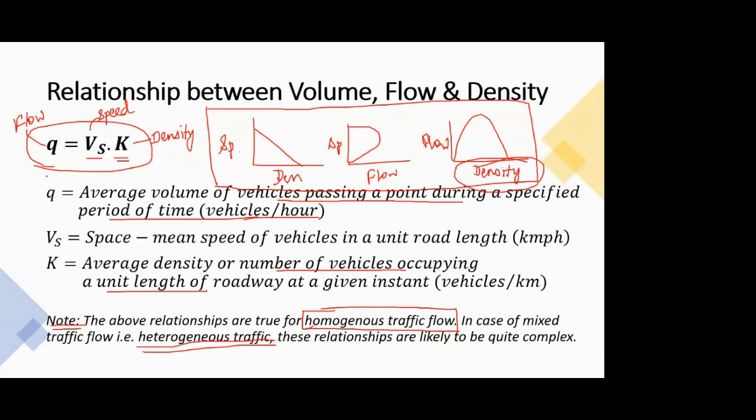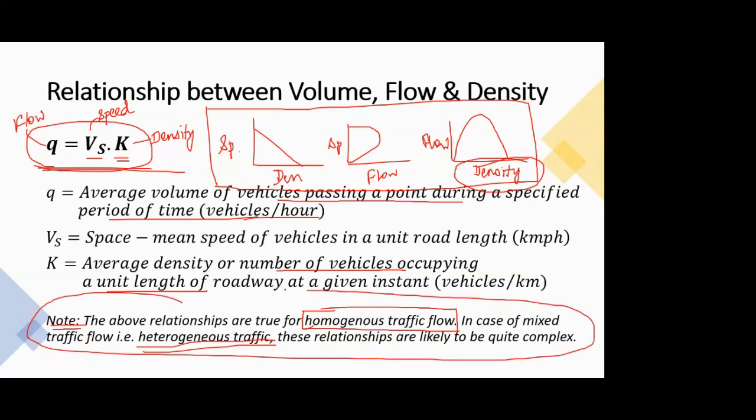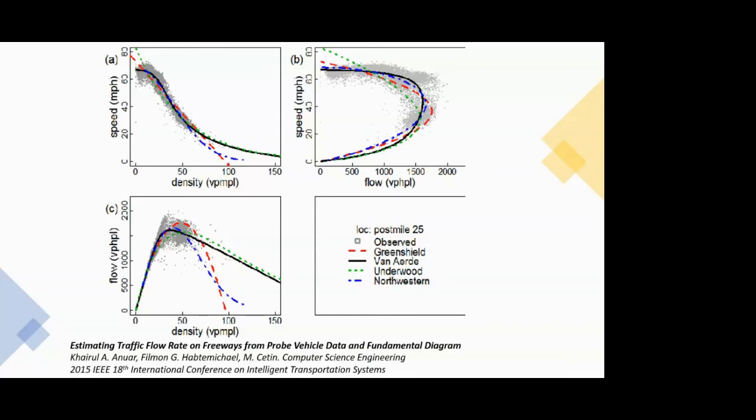Okay. So that's why this relationship over here comes in handy: if you know the flow and speed values, you can find the density values. But now what to do about this? I told you that most of these equations or these curves hold true if you have homogeneous traffic. But if you have a heterogeneous one, that is mixed traffic, then obviously these will not hold true. And for that, this is an example.